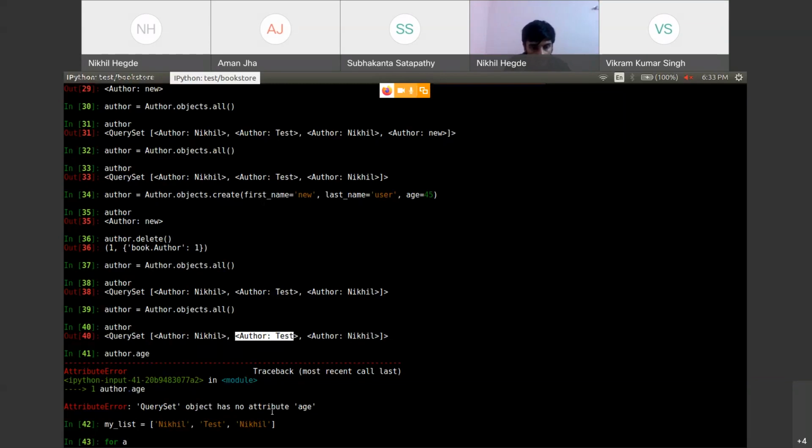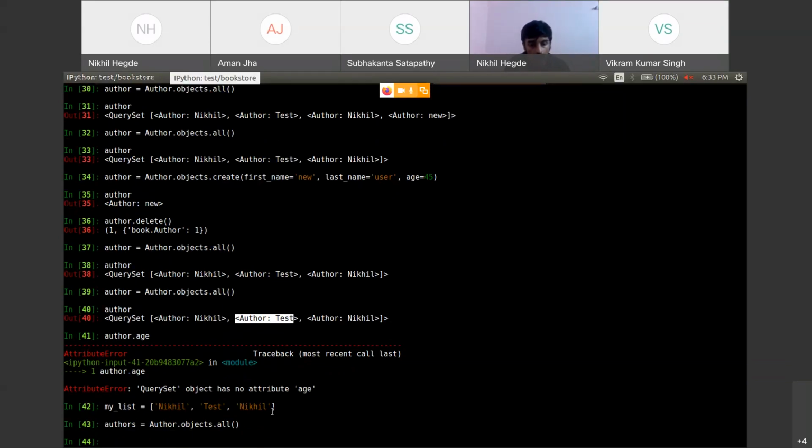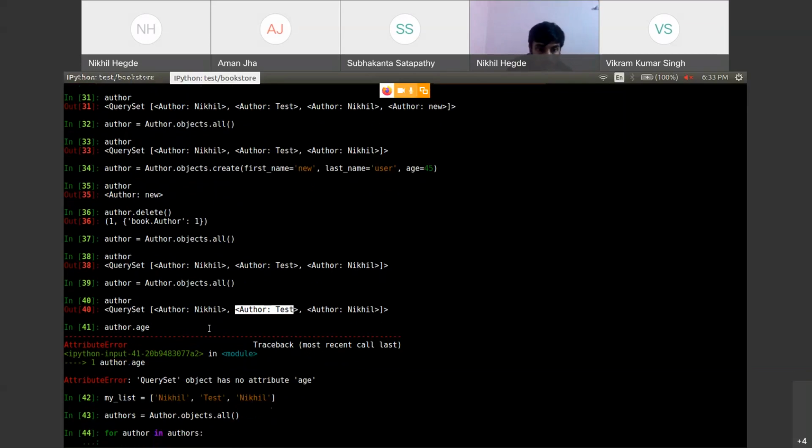I will store it in authors. Now for each author in the authors QuerySet, I'm iterating through this list of the QuerySet.